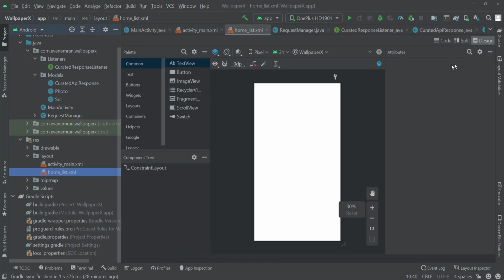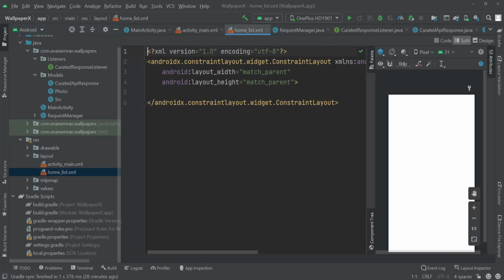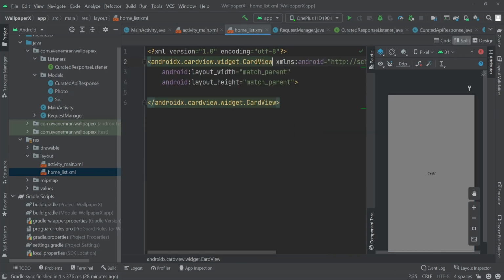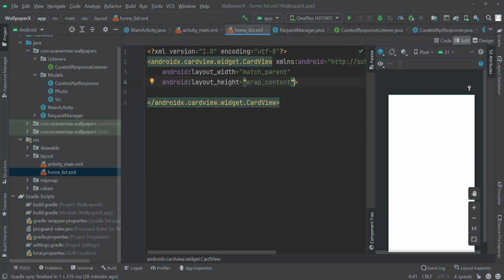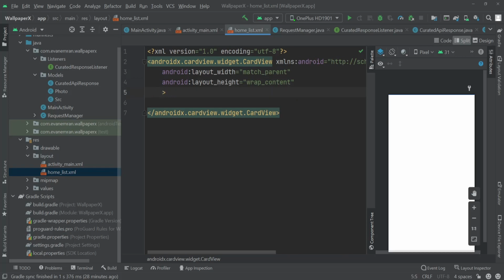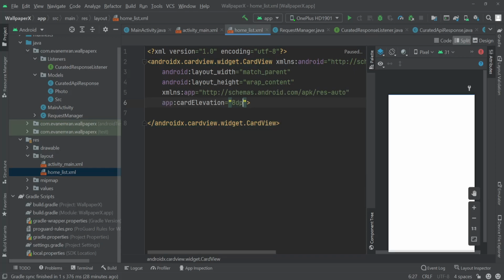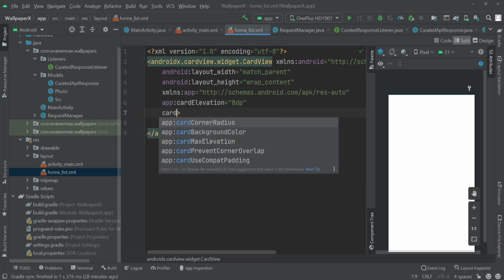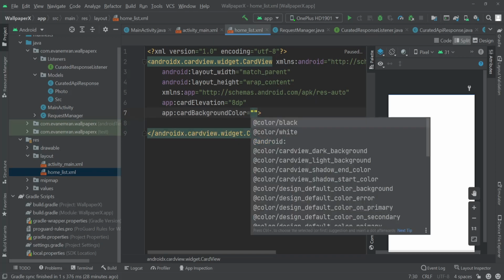Hit enter, go to this split view, and inside this I'll change the parent layout to card view, and I'll change the height of this card view to wrap content from here, and we'll also add some more attributes like the card elevation to 8dp and the card background color to color, let's say white,